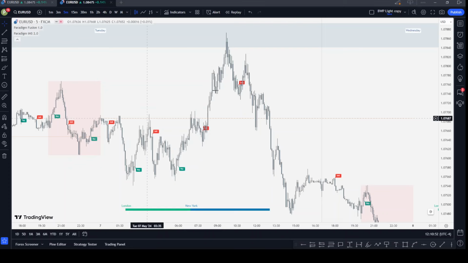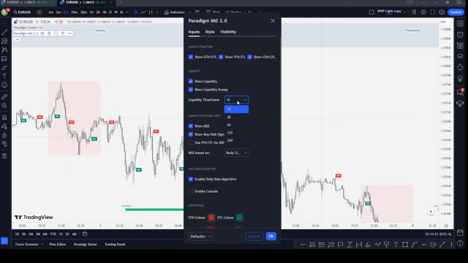I don't want to cover it in this video, but basically different pairs would have different characteristics, so you will need to backtest and see which settings work best for your pair. For example, this current setting here is 15 minutes liquidity sweep, and then market structure shifts below a short-term low. Personally for my EA, what I use is 60 minutes liquidity sweep, that's 1 hour liquidity sweep,